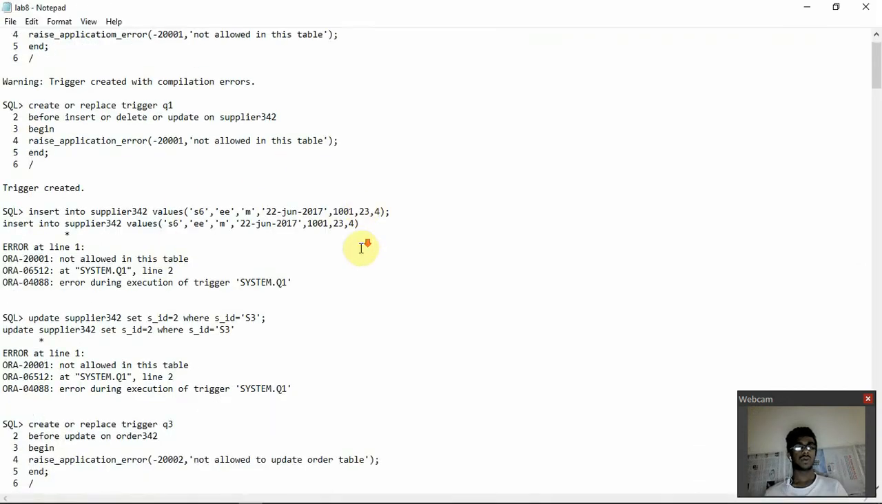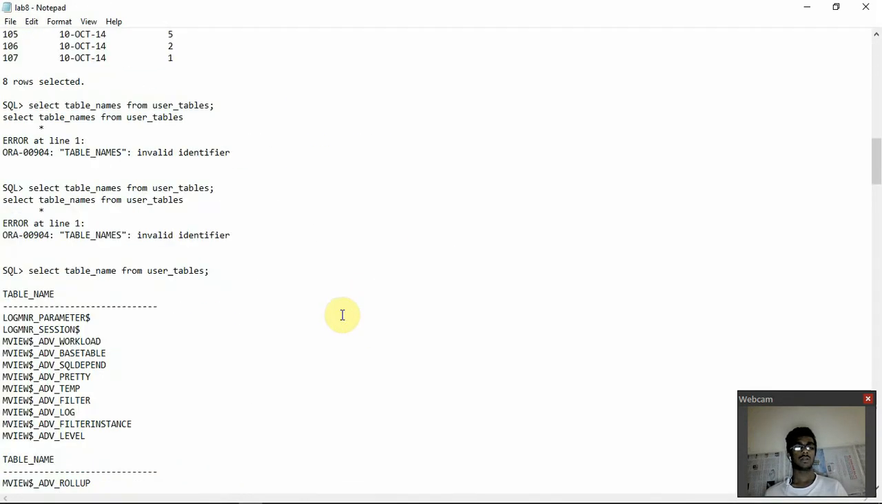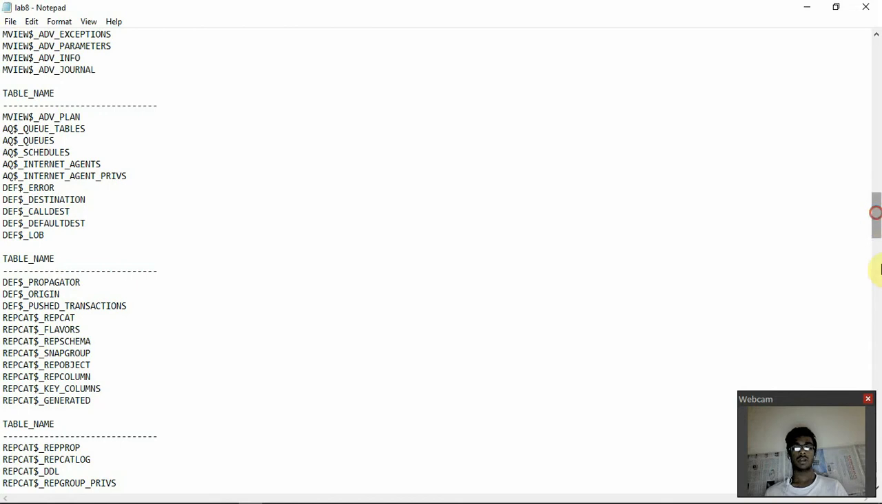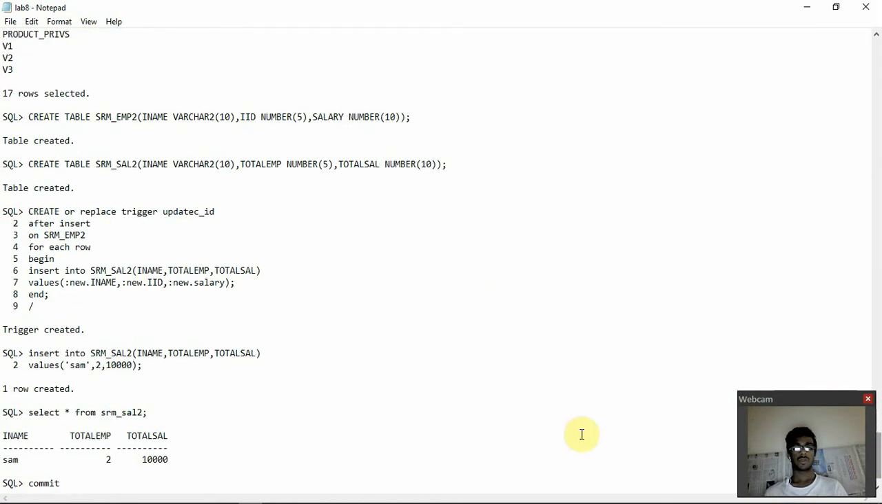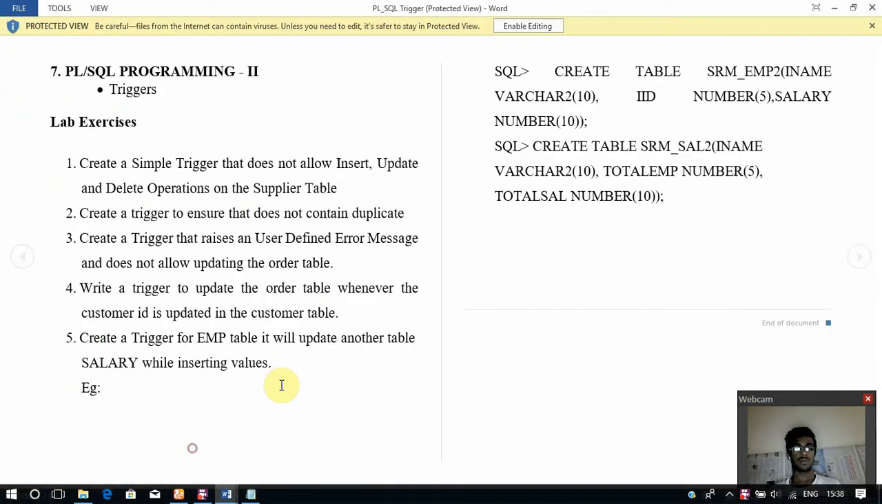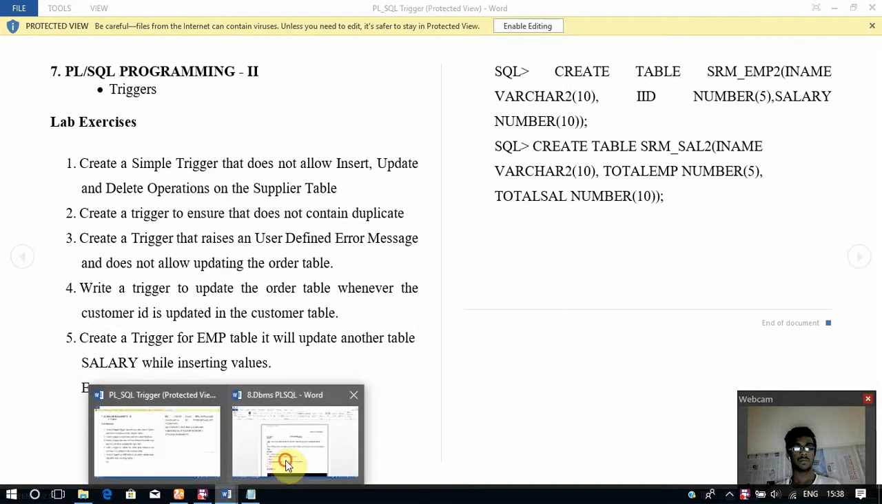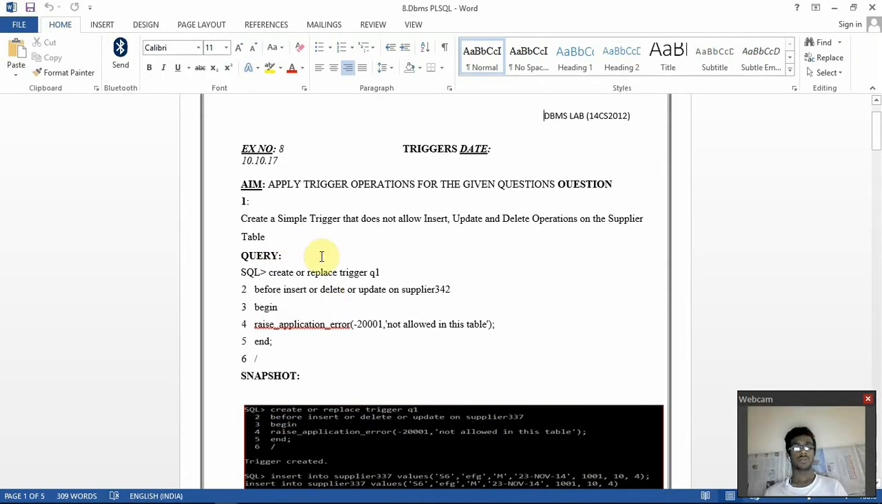So this is a spool file that I did to load the trigger. So let's move on to the documents, right? So the first question is to create a simple trigger that does not allow insert, update, and delete operations on